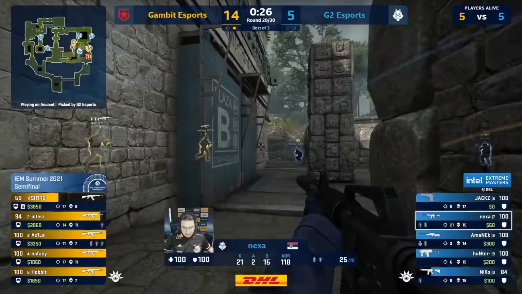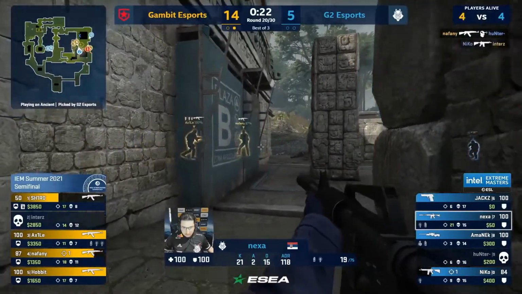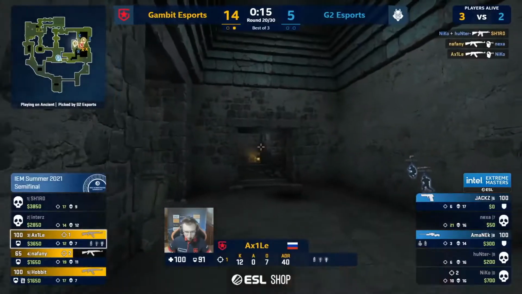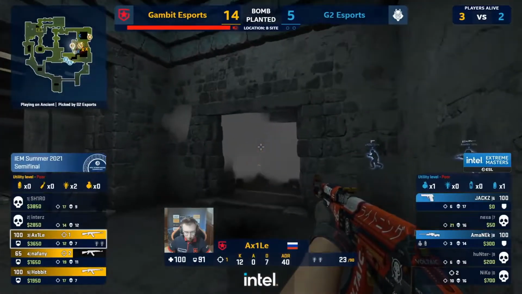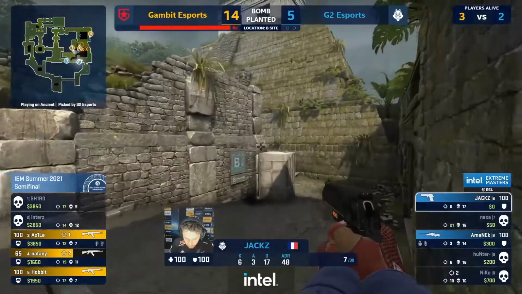First look, and they're coming in thick and fast. First, immediately out of Nafany. He's even shoulder peeked perfectly. Nexa being played with. Nico defensive, and he still can't handle Gambit. The frag's just always converted. And no fun for Amanek. I mean, he's holding on to this AWP, and he's...